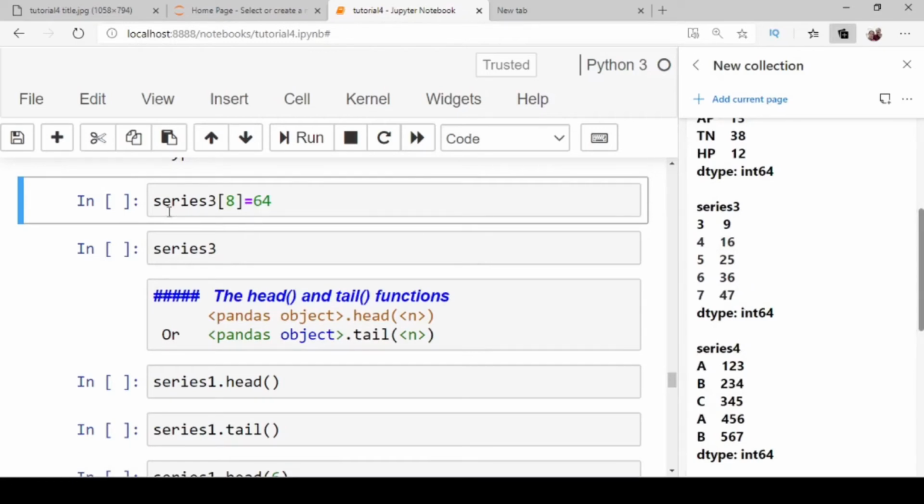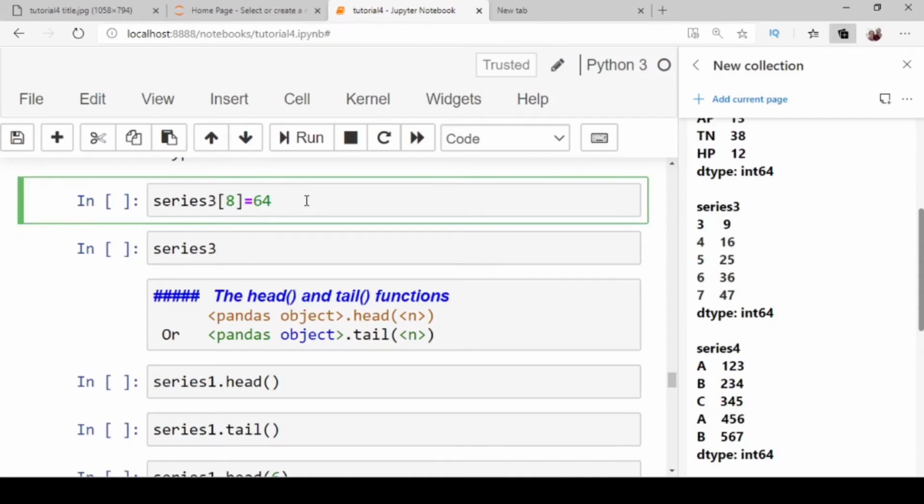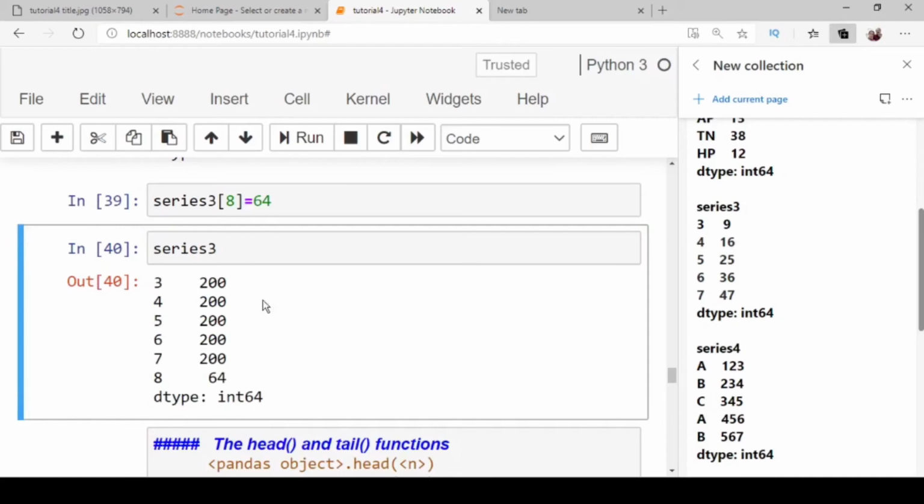Now we write series 3 at index 8, and execute this statement. You can see that the new data value 64 has been inserted at the index number 8 in series 3.